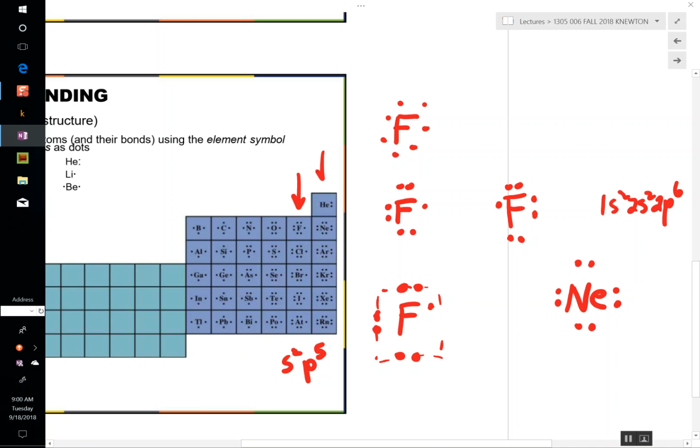That's what we got right here. Except for helium, it only has 2. But neon, argon, krypton, they all have the same kind of symbol with 8. Remember, 8 is an octet, right? Remember the octet rule? Elements are going to behave in such a way to achieve the electronic configuration of the nearest noble gas. So I can look at this neon, I can look at fluorine, and I could just look